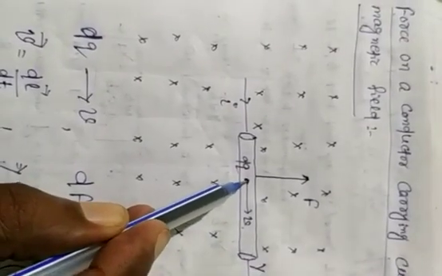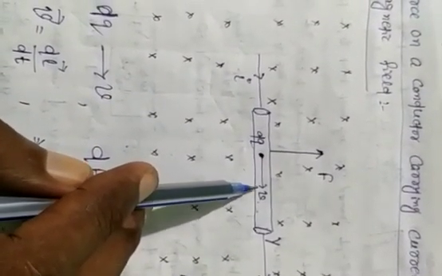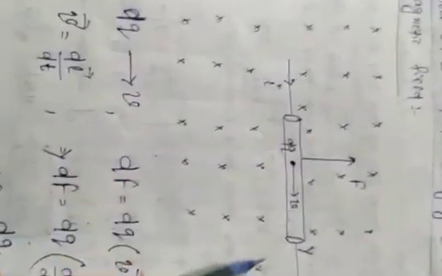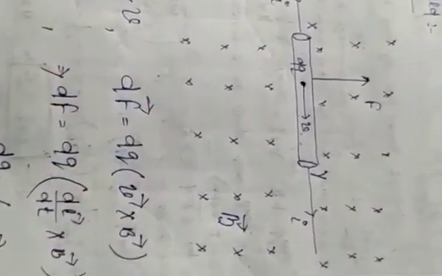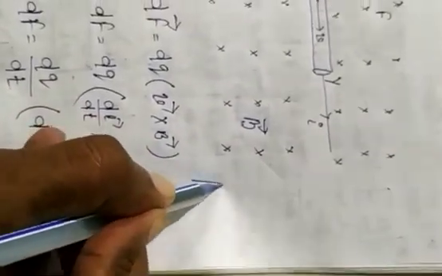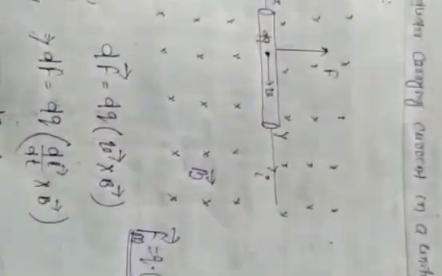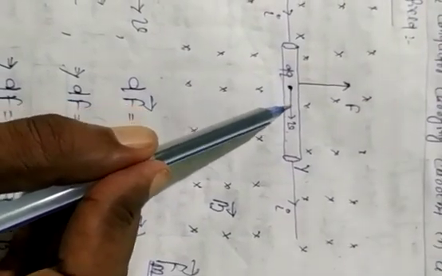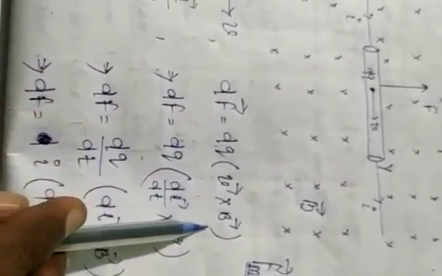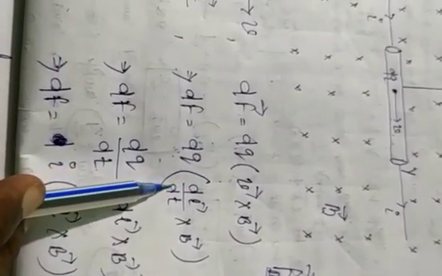If dq is the small amount of charge moving from X to Y with a velocity v, then the magnetic force on the charged particle is given by dF equal to dq into v cross B. Because in the previous video we saw that magnetic force Fm equal to q into v cross B. So by applying this formula, if a small amount of charge flows with a velocity v inside the conductor, then the magnetic force will be dF equal to dq into v cross B, where v means dl by dt.